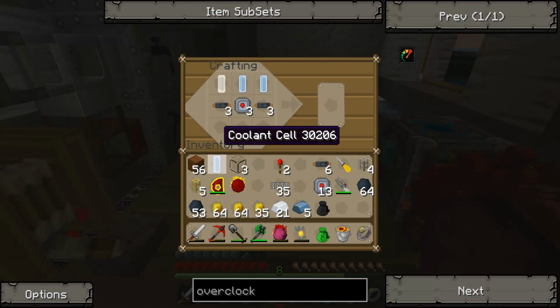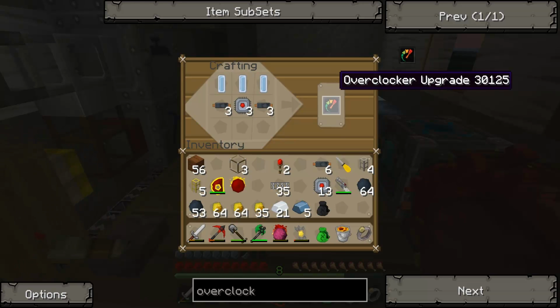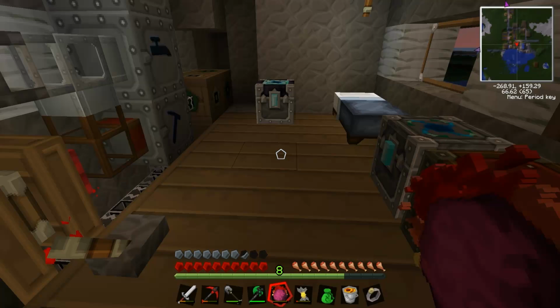I think those are for... what do you call them? Teleporters, maybe? Ooh. Something's happened there. Never mind. Overclocker. And you have to put in more of those, which I've actually...